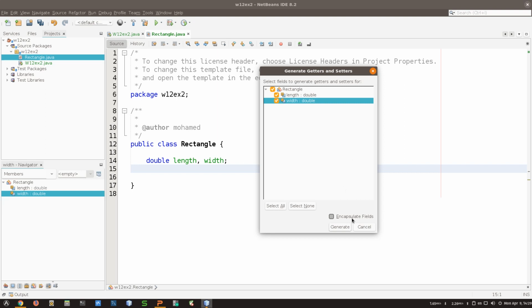Then there's this Encapsulate Fields option, which, if it's checked, is going to make these become private. So it's going to do two things. Because I checked this here, this is going to become private here, and this is going to create a set length and a get length, set width and a get width. If I remove this, it will not change here, it will stay as it is, and it will not make them private. So encapsulate fields is going to make them private, and it's going to generate these setters and getters because I selected them. Now click generate,